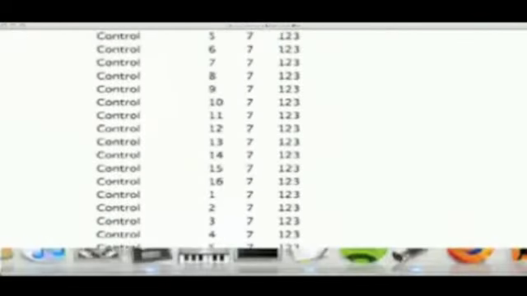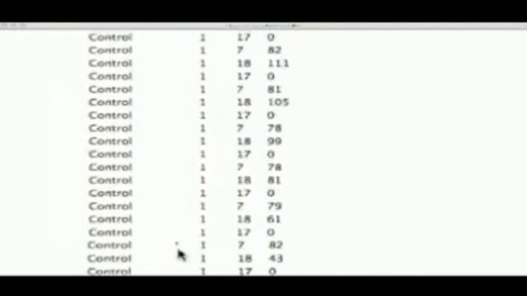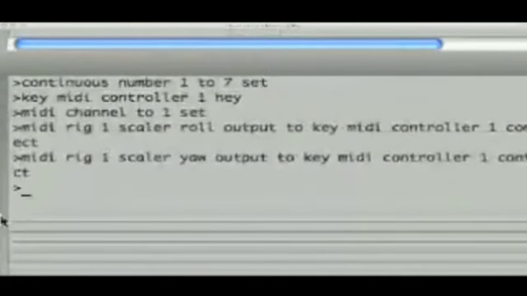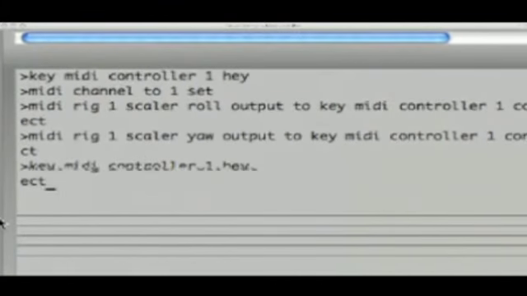And then now if I go back to my MIDI monitor, if I press a key, you can see it's now sending out loads of different MIDI CC messages. You do need to remember to set the CC number, so I'm not going to do it all now, but you say basically key MIDI controller 1 hey, and then you say continuous number 2 to X set and continuous number 3 to X set. So hopefully that answers